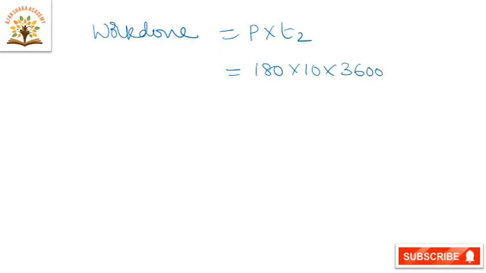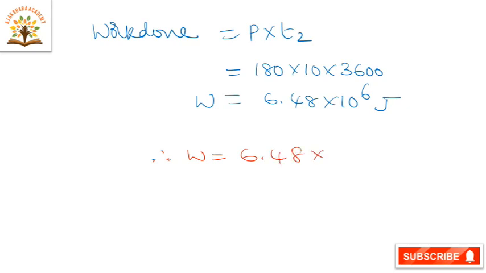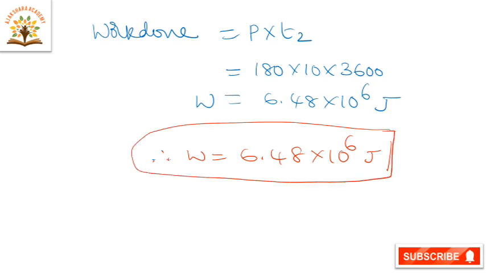3600 seconds. So after multiplication we are getting 6.48 into 10 to the power of 6 joules. Therefore, work done W is equals to 6.48 into 10 to the power of 6 joules. This is the final answer. Okay. Next,